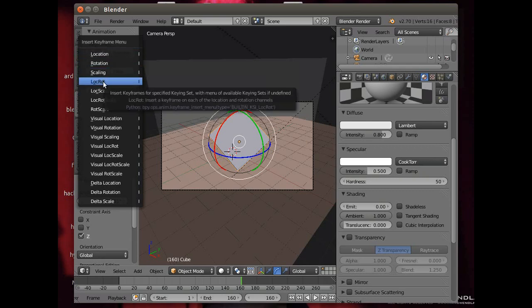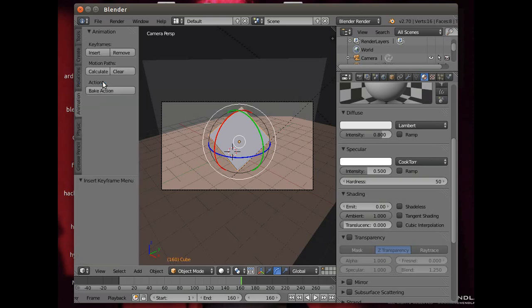What we want is Location and Rotation there, and that has frozen the cube at that frame in that location and that rotation. As you can see, this blue line here corresponds to the Z axis, and we want it to rotate around the Z axis starting at 0. So if we go back to the beginning,